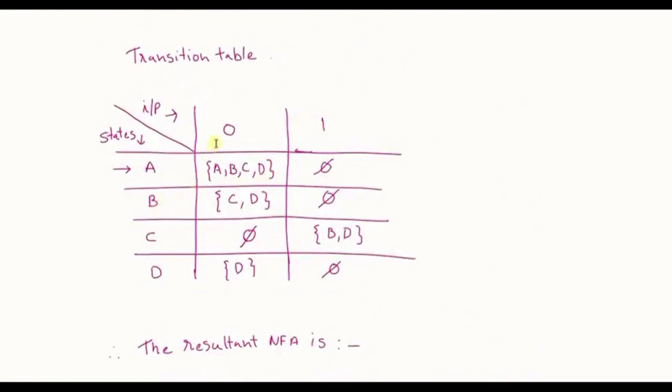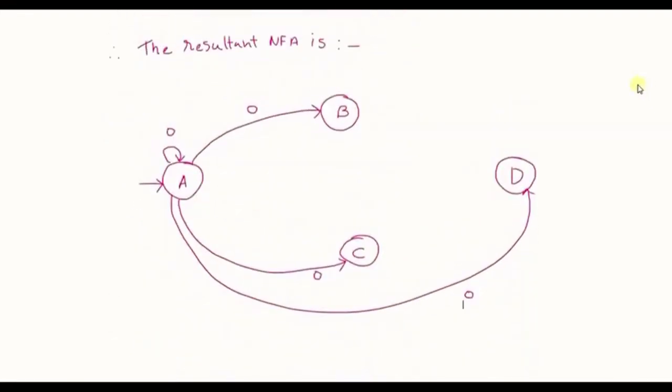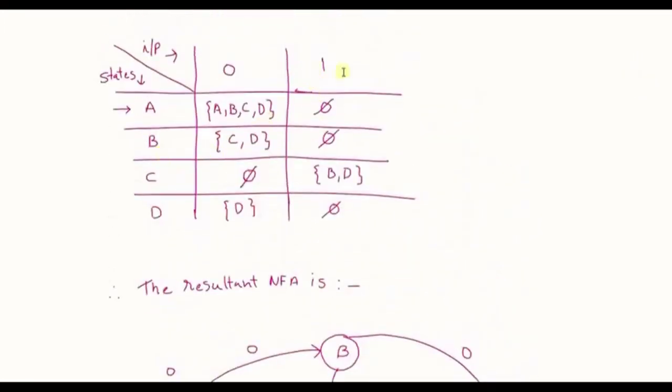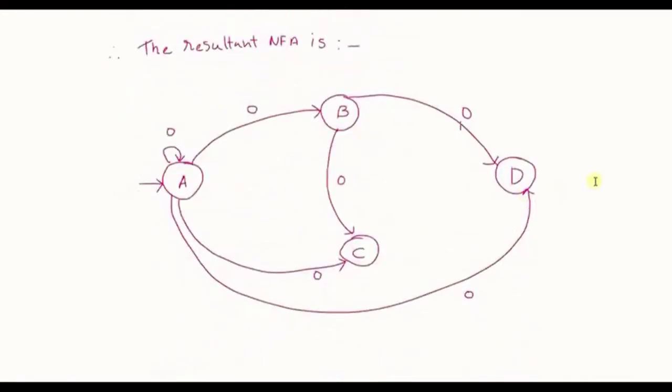Now from state B on reading 0 you go to state C and state D. So B on reading 0 you go to state C, and B on 0 also takes you to state D. Now state B on 1 does not go to any other state, so forget it. State C on 0 does not go to any other state, forget it. But state C on 1 goes to B and D. So C on 1 goes to B,